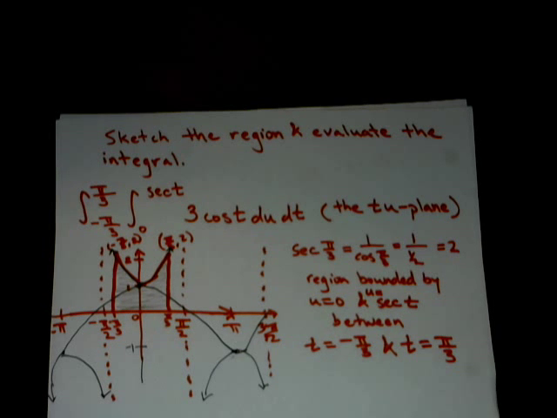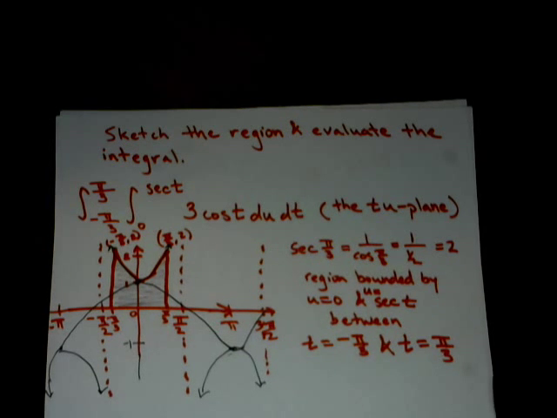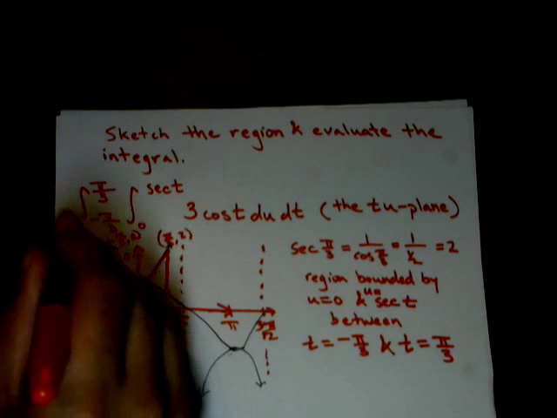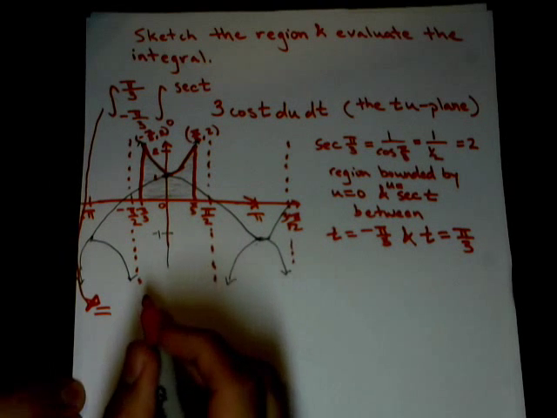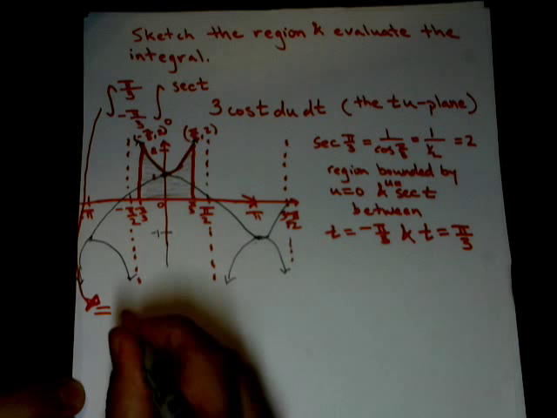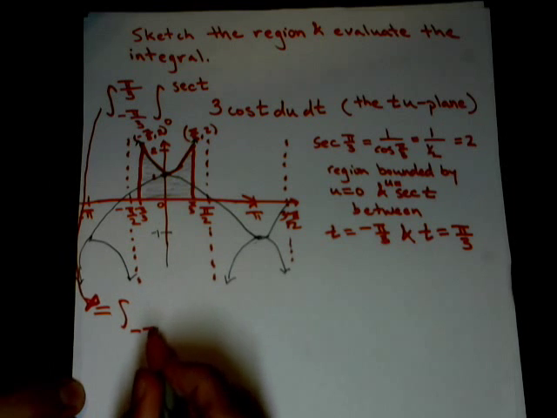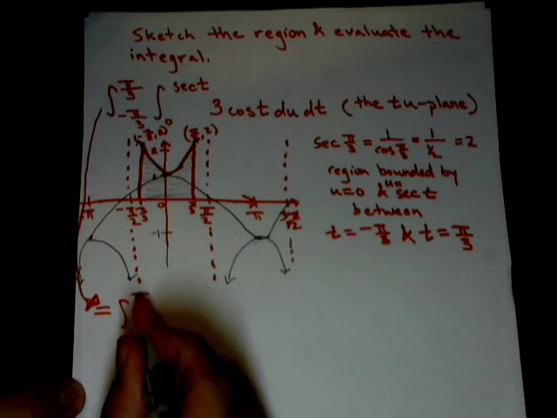Okay, so we're integrating in the tu plane. These are orthogonal, so these are Cartesian coordinates. So this integral right here, let me just draw a little arrow over here. Let's calculate it. So we have our limits minus pi over 3 to pi over 3,